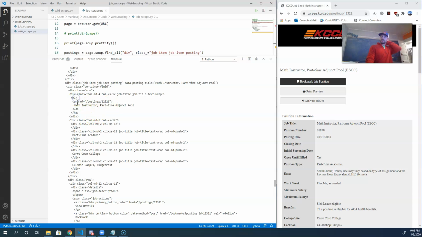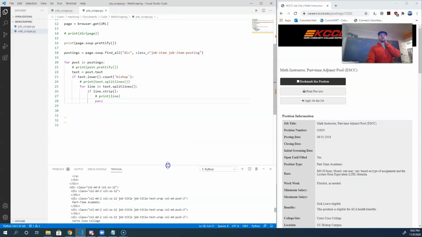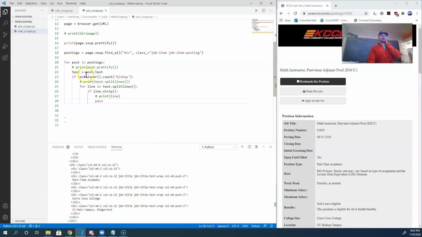And it's in an H3 and it's in an anchor, right, a link. So I'm going to do basically the same thing. For posts in the posting, if the text.lower contains bishop, right? So I still want to be inside this if statement. Right, so I want to be at this level, so I'm still inside the if statement. Then I want to do something like